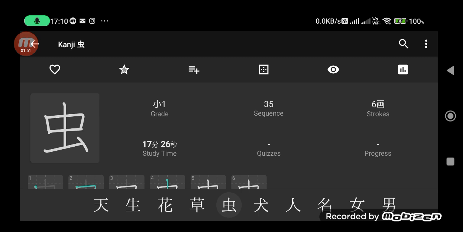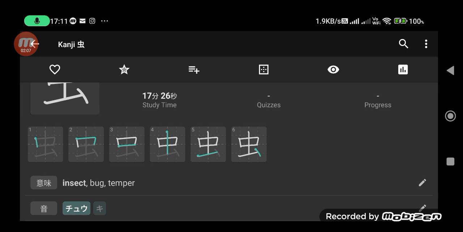written in this manner. The stroke order is here: 1, 2, 3, 4, 5, 6. Six strokes. Again, 1, 2, 3, 4, 5, 6. If you have a kanji practice writing sheet, the methodological way of writing this is written here. Please just screenshot this, minasan. So our kanji today is all about insect or bug,